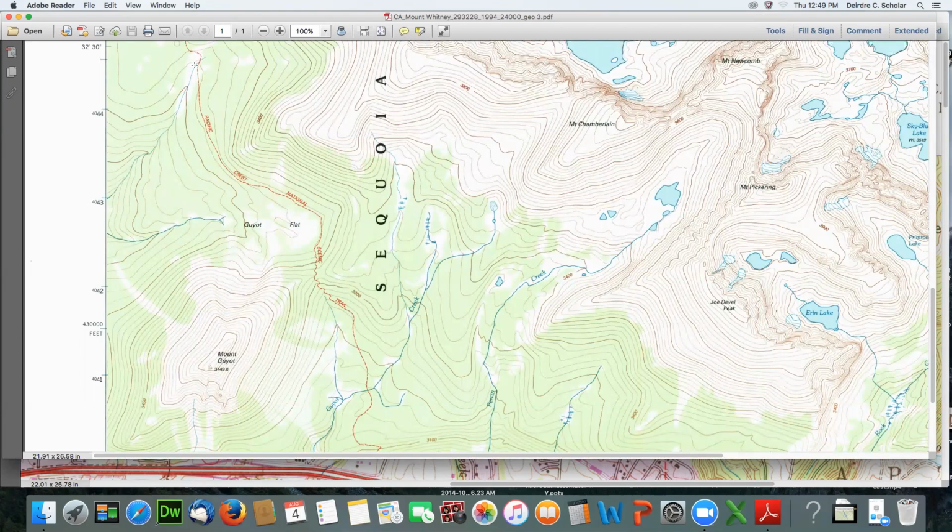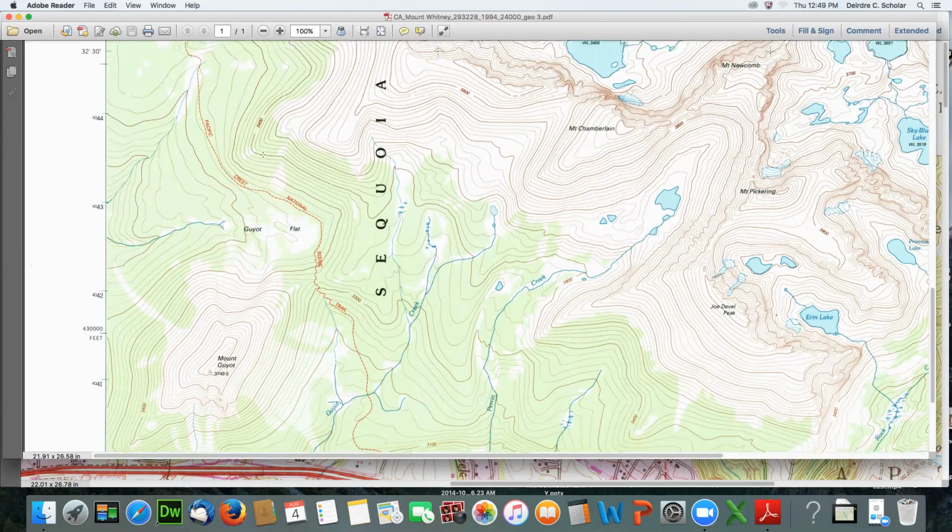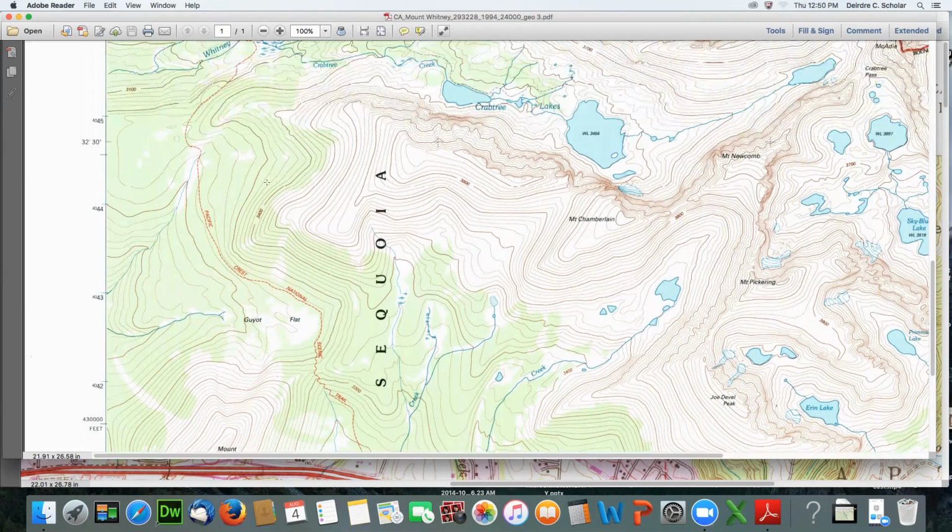And I know that water always flows downhill. If we look at some of the values of our index contours, we know this is 3,800 up here. It's going down to 3,400. So I know that water will flow downhill. So this is the downhill direction where the water is actually traveling, down to the lower left portion of the